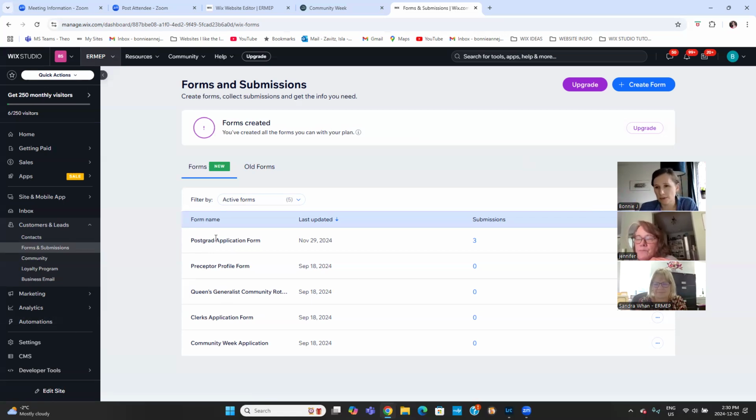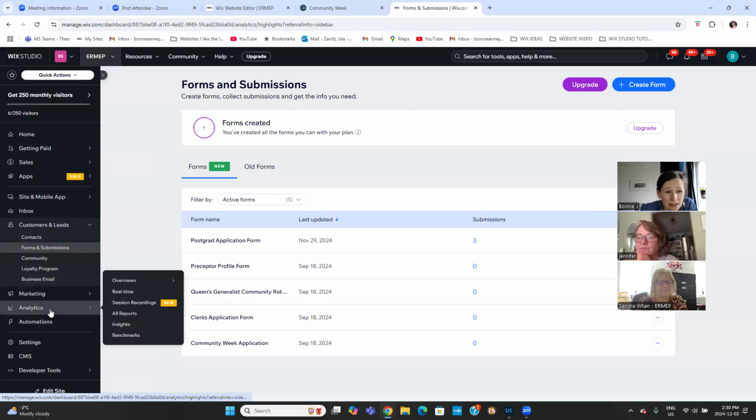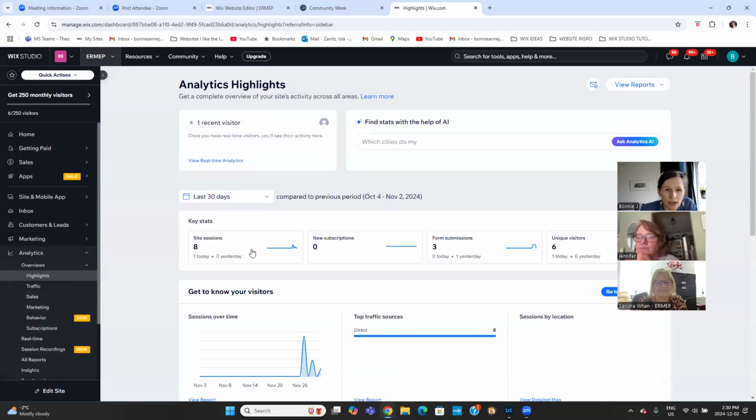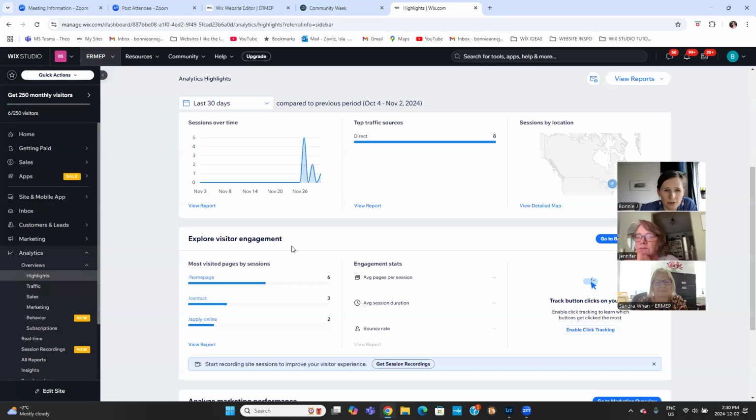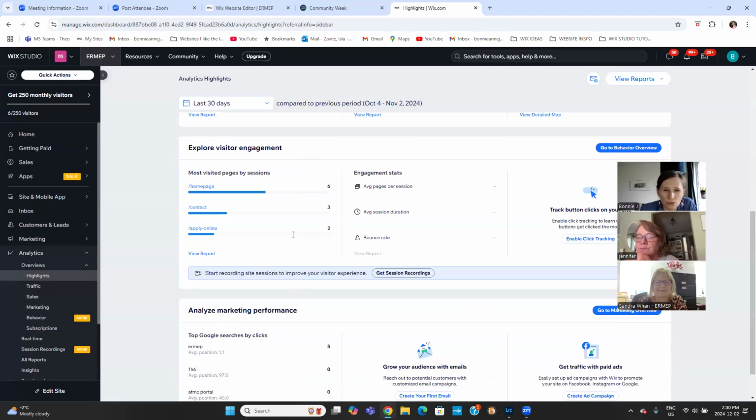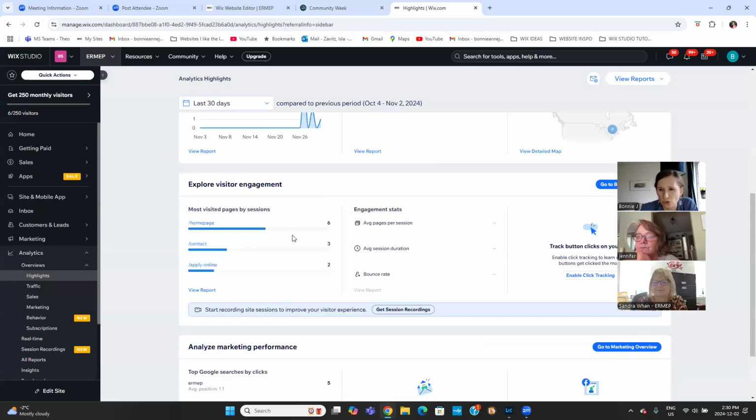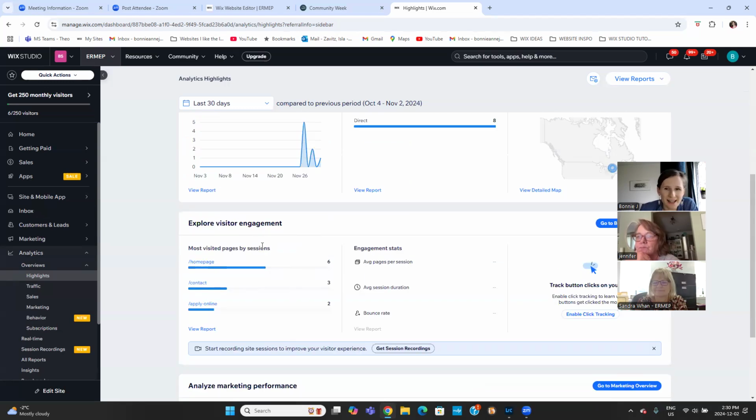And once it's set up the way that you want it, you probably won't be making any massive changes to it. So that's probably good. I'm just looking to see if there's anything else in here. You can poke around in here, but there's some analytics for the site that you can look at for who's accessing the site. I mean, it's very new, so it won't have very much yet,